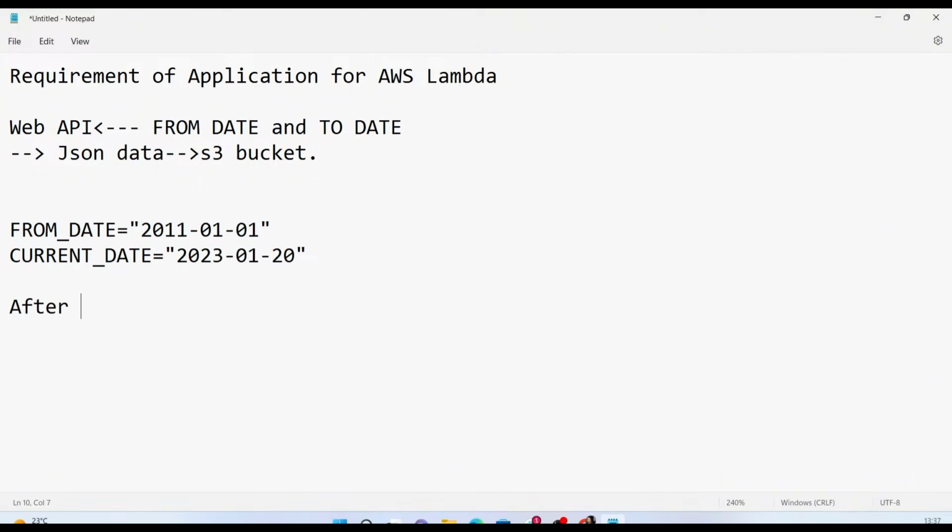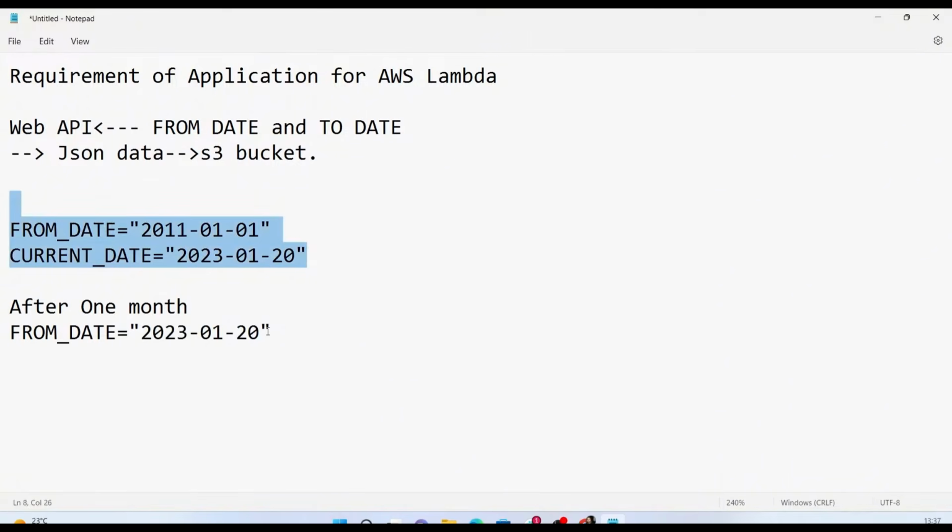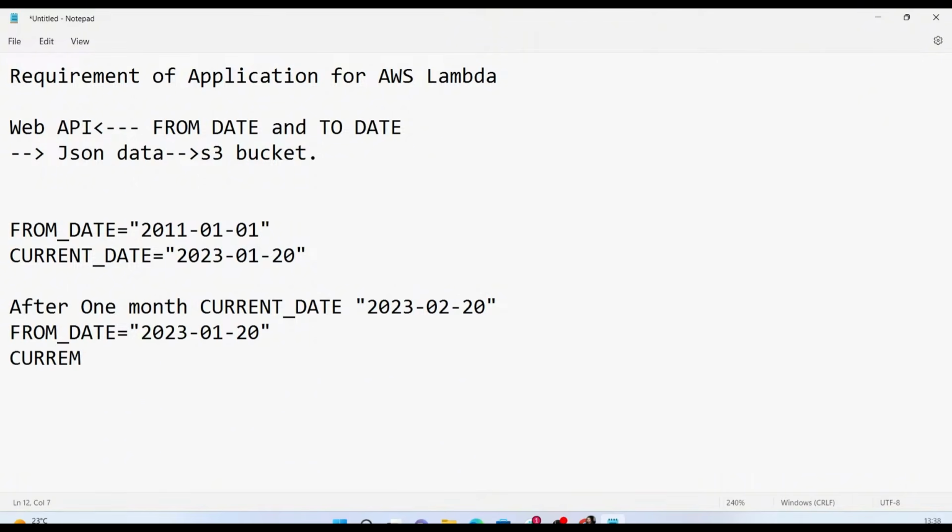After 1 month, if I run it again, this current date that we will have will become the from date. So we will have a new from date. That from date will be this one. The reason is that we have already downloaded the data between this interval, and I'm talking about after 1 month. So after 1 month, the current date will be 2023, 2nd Feb, that means like Feb 20th. So this will be my current date. So my to date will become this one. So now after 1 month, if I run it, I'll supply this date to download the remaining data,